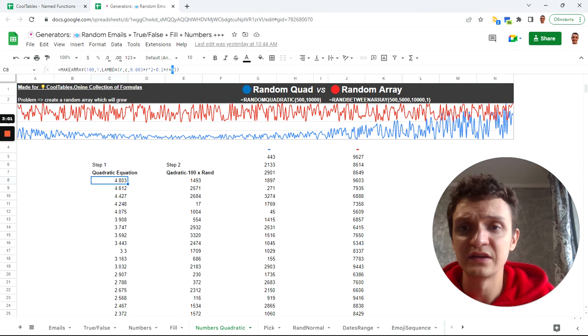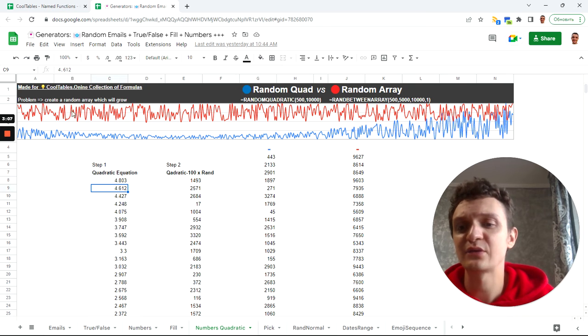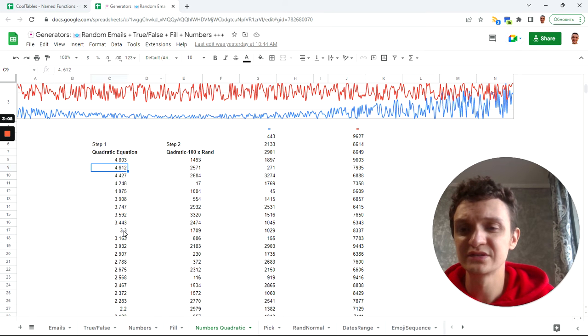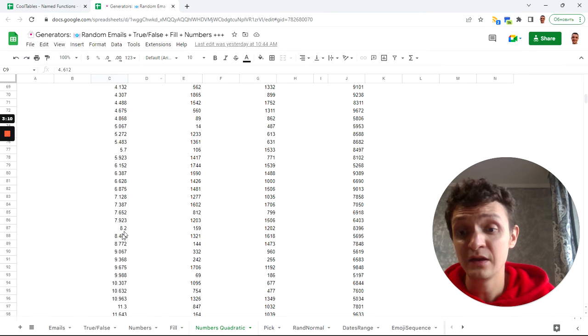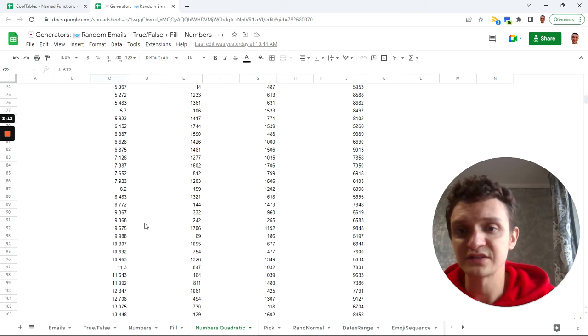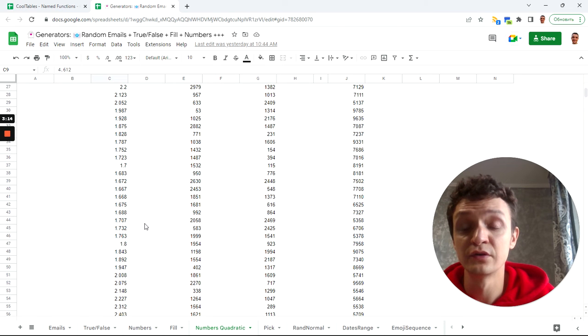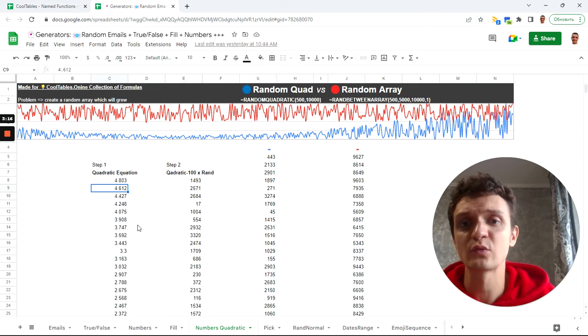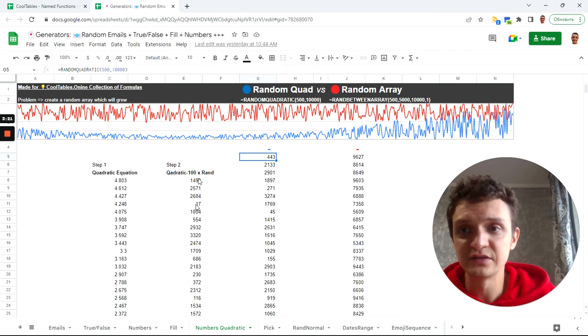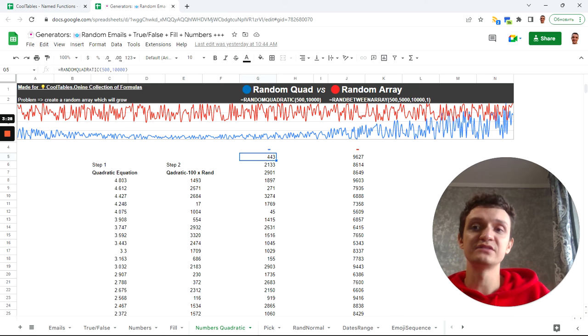So this is my array with quadratic equation, which gave me appropriate result because I didn't want to get negative numbers in my sequence. I wanted to reproduce something which will look like sales in the real world. So this is what I came into. With this equation I create named function random quadratic. You can use it, and it uses